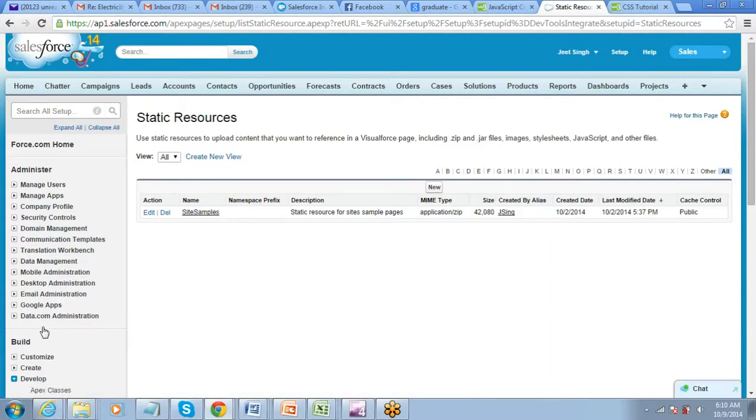Whatever your static resources, it can be any file format. Use static resources to upload content that you want to reference in a Visualforce page, including .zip, .jar, images, style sheets, JavaScript, right? So style sheets and JavaScript files can also be put on the static resource.